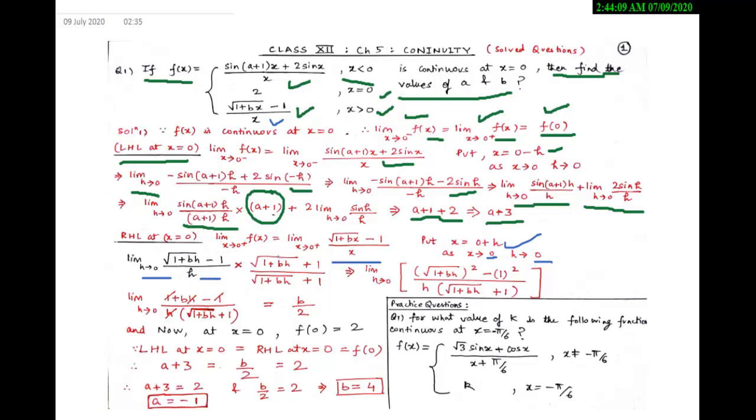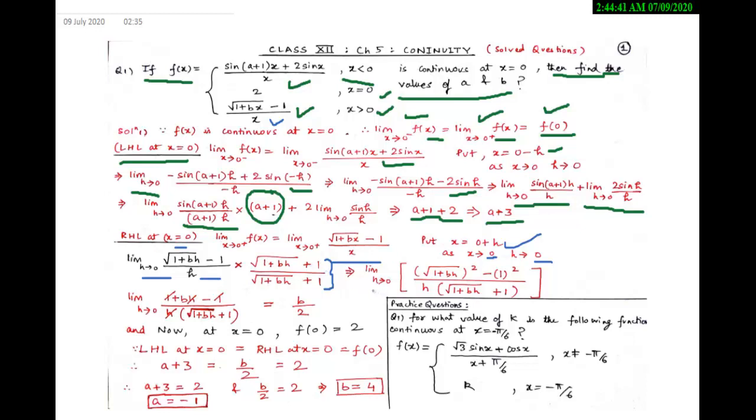And now, students, you can clearly see that we will not substitute h tends to 0 directly, as it will become undefined. So, here the hint in this type of question is that whenever we have a square root in numerator or in denominator, we will rationalize it. So, here we will rationalize the numerator. Therefore, we will multiply by square root of (1 + bh) plus 1 upon square root of (1 + bh) plus 1 in numerator as well as in denominator.